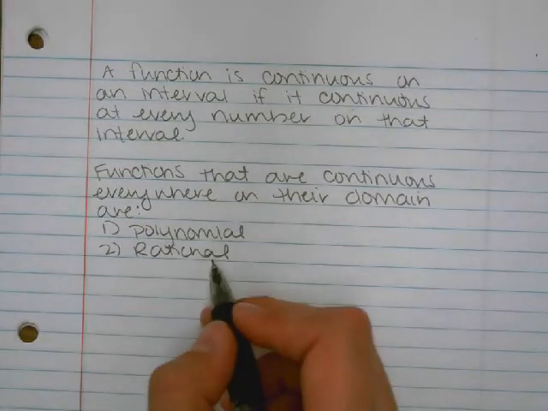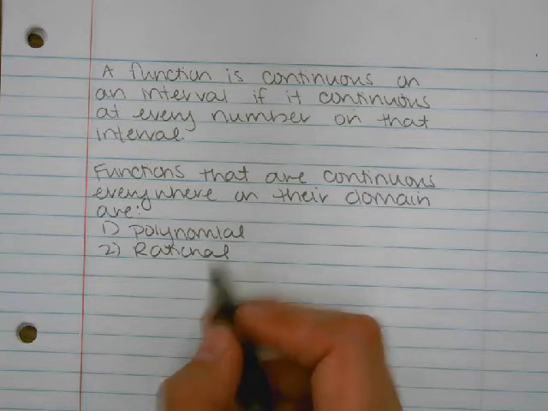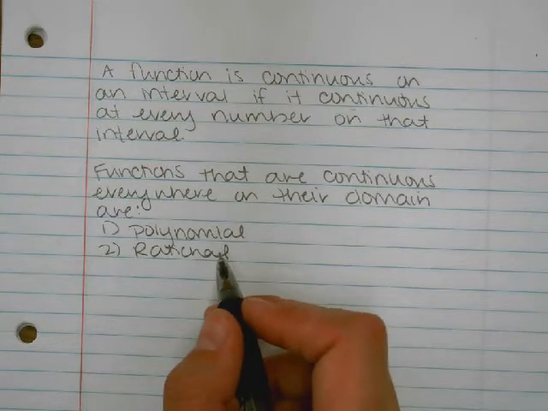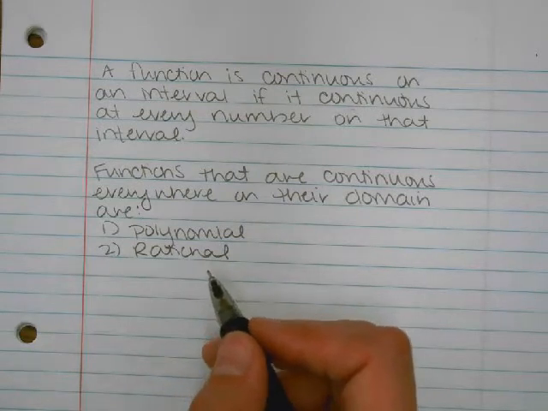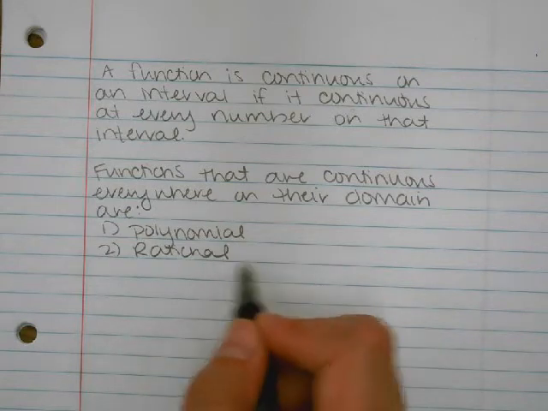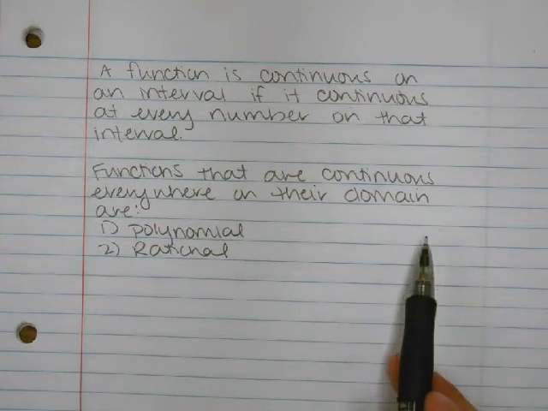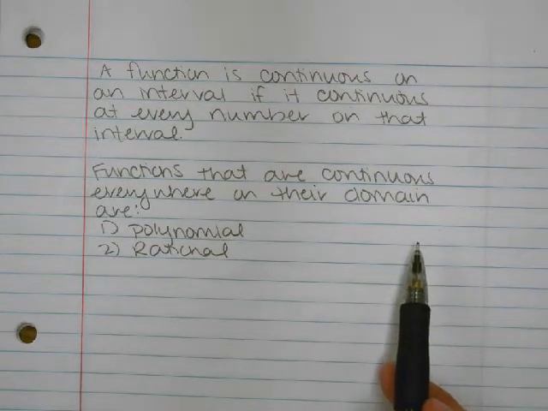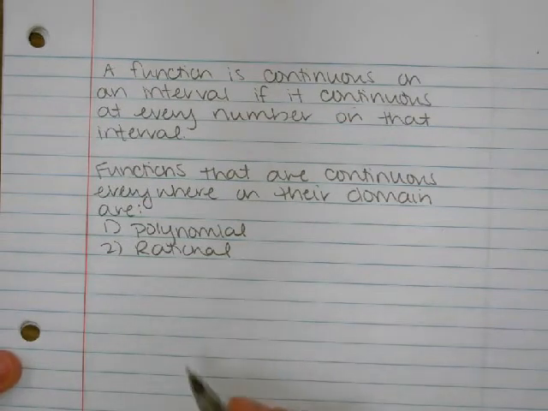And rational is kind of a weird one because that's where all the vertical asymptotes and holes and all of the funky stuff comes from, is from having factors that don't cancel out in the denominator. And that's where your vertical asymptotes come from, or factors that do cancel out, and that's where your holes come from. And the reason we can say that rational functions are continuous everywhere on their domain is that those values, those vertical asymptotes, those holes, those values are excluded from the domain already. And so that means whatever's left over is continuous. So a polynomial function, rational function,